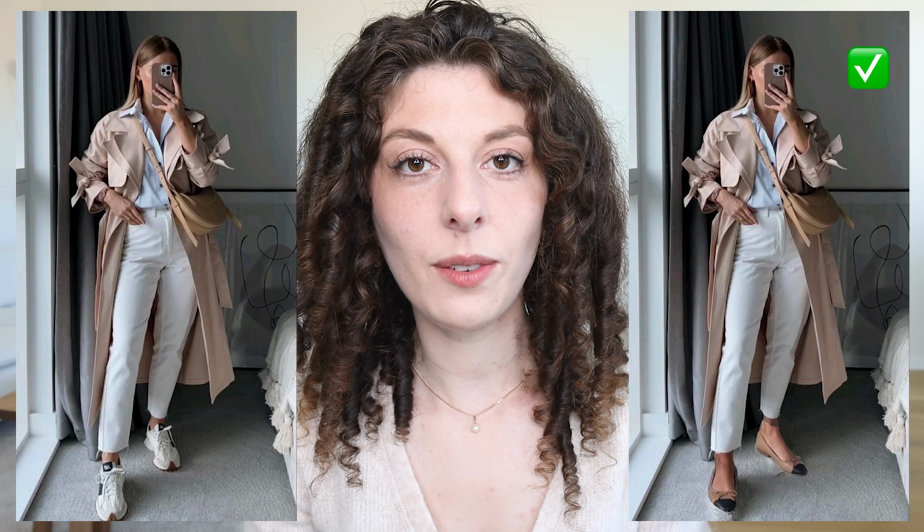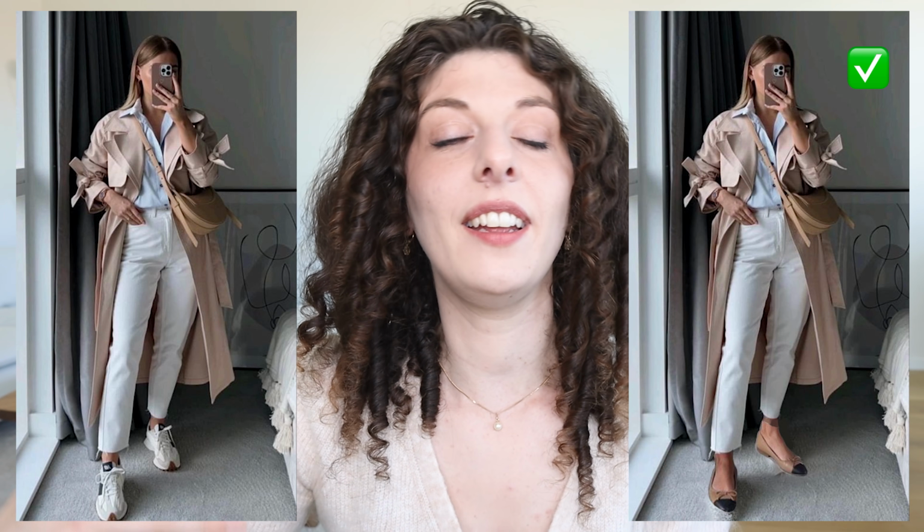They do make a statement, but from an elegance perspective, they are really not aligned with what an elegant lady would go for. You can absolutely wear sneakers as an elegant lady, but then you'd want to wear something made of leather or vegan leather. Something that's matte, that has a timeless design with a bit of suede, for example, that's beautiful